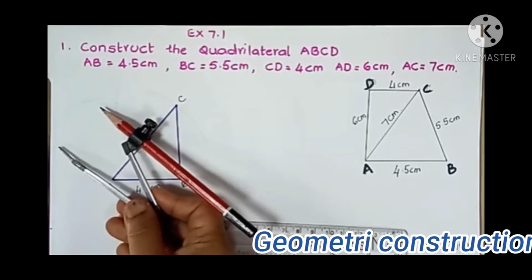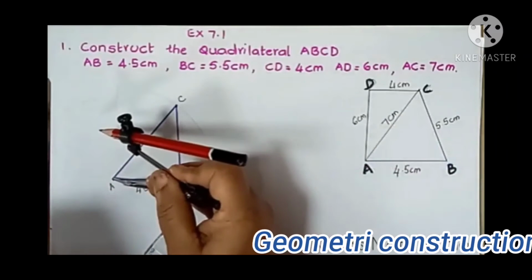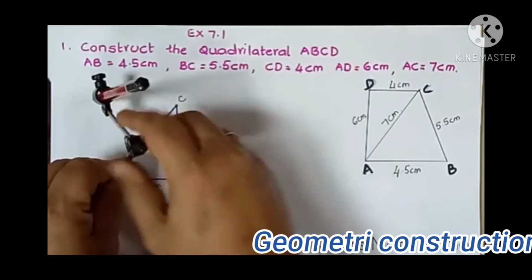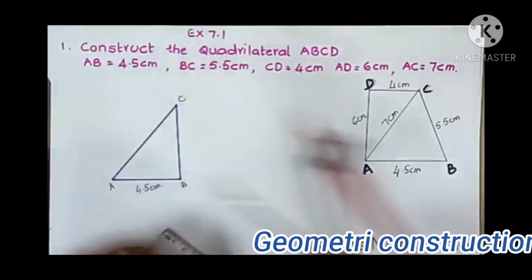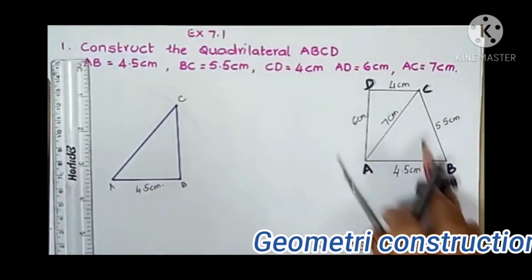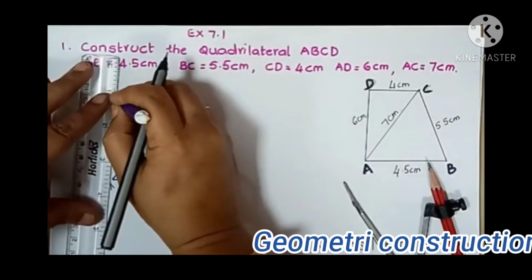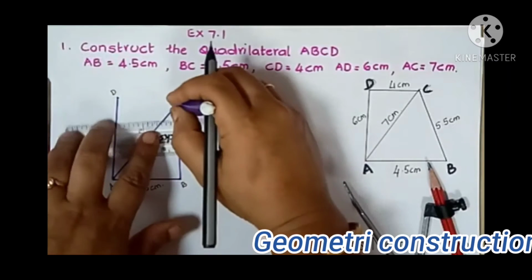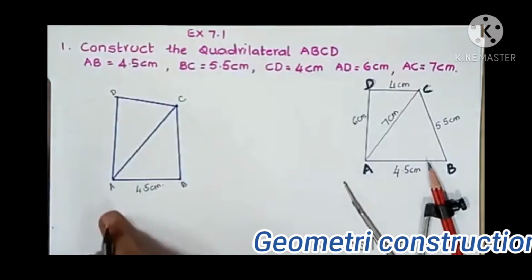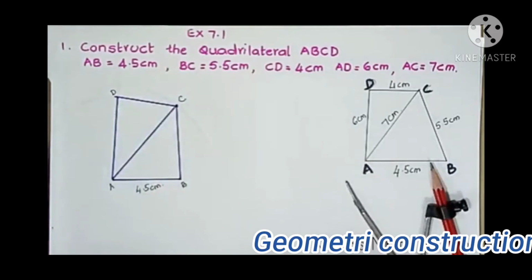Carefully you have to draw the arcs. With C as a center I have drawn an arc now. Then again we get a point of intersection there, meaning both of the arcs should cut each other. We have to get the point of intersection. Observe carefully, it is a very thin line. That point of intersection is D, and join AD and DC. This is the quadrilateral which is required for us.